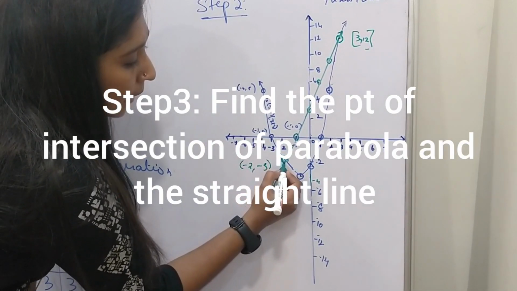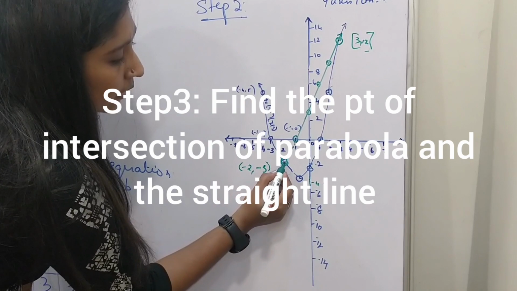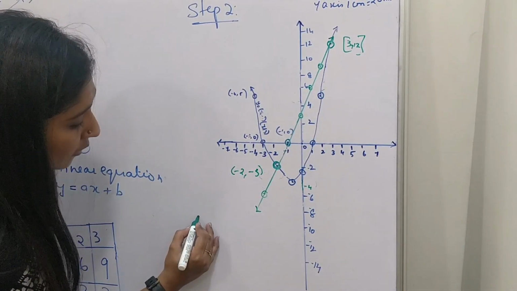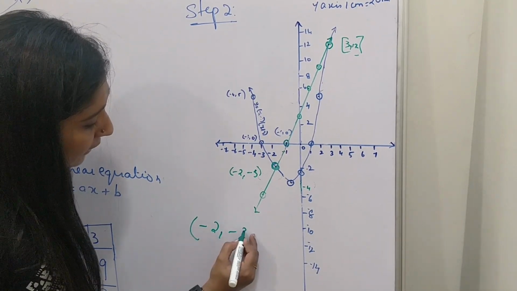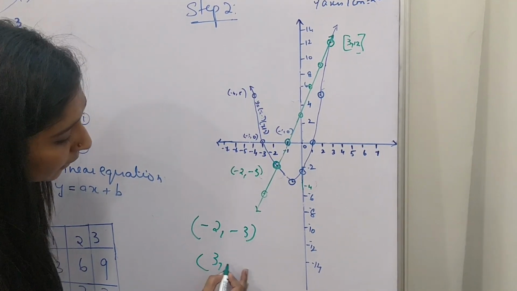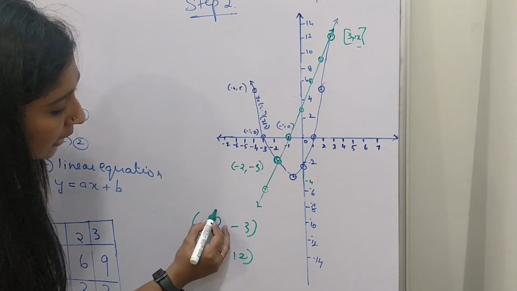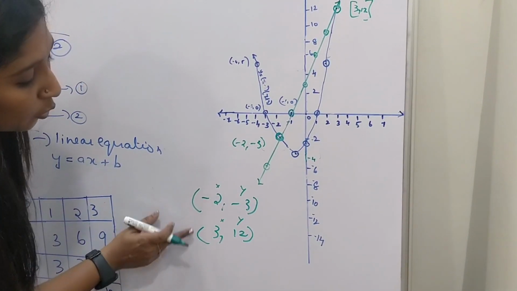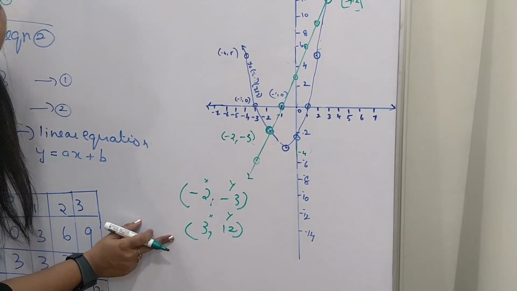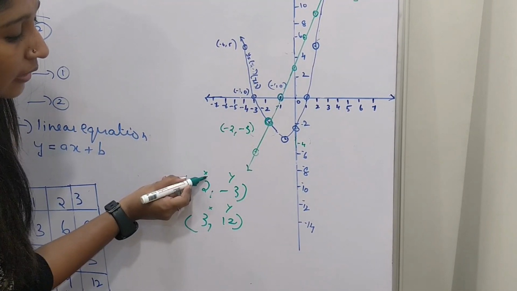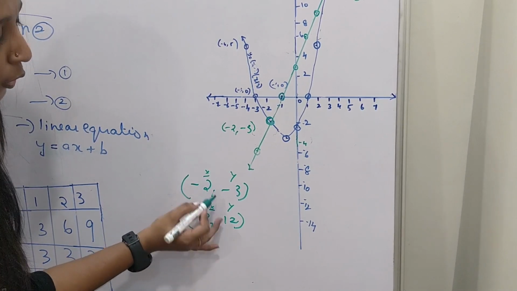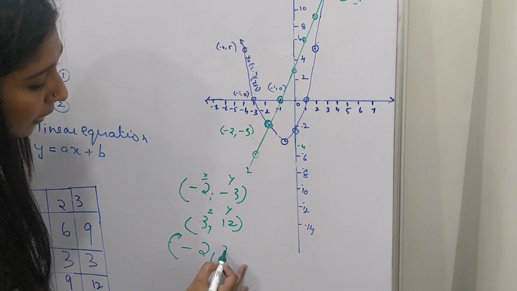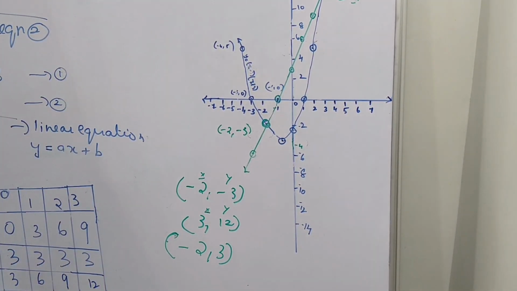One is minus 2 comma minus 3, that is this point. And the other one is 3 comma 12. So we have 2 points which are minus 2 comma minus 3 and 3 comma 12. So this is the x point and this is the y point. Similarly, x point and the y point. So when you're going to find the roots of the equation, I've already told you should be considering only the x value. So on looking at these two, you can tell the roots of the equation will be minus 2 comma 3. So that will be our third step.